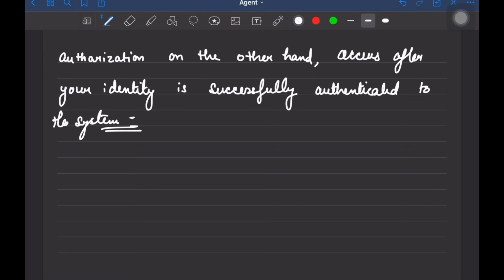So the concept of authorization, as I already told you, occurs if and only if the identity that you are having is specifically authenticated to the system. There you are verified to access the system. Right? This verification, authentication you are done, then the concept of authorization comes into the picture,